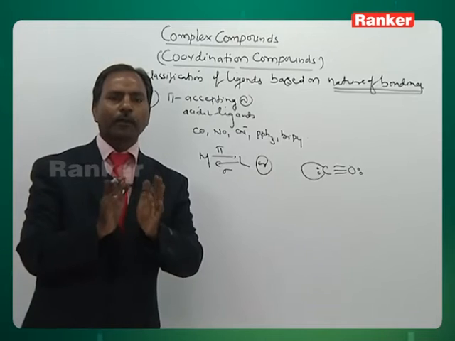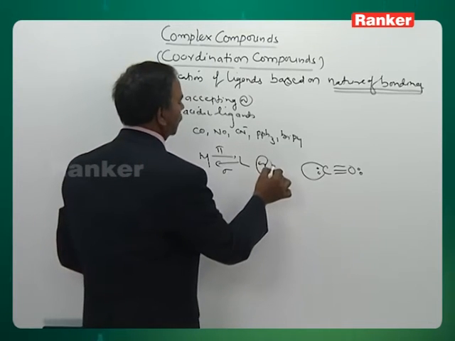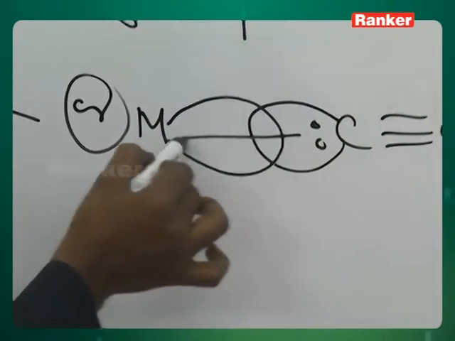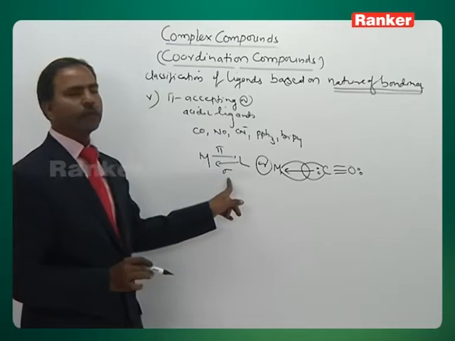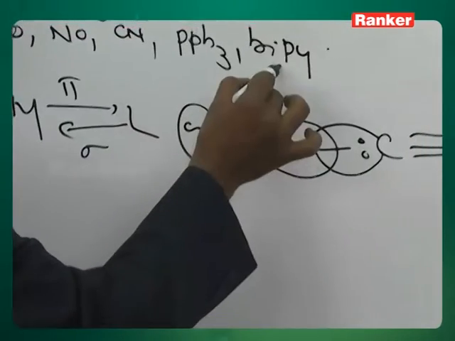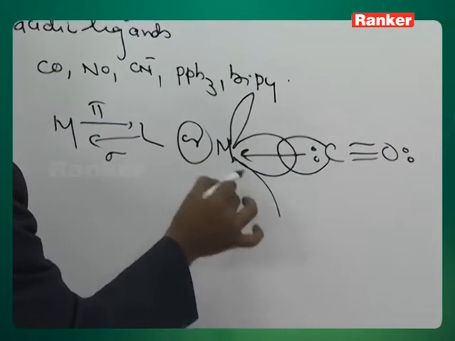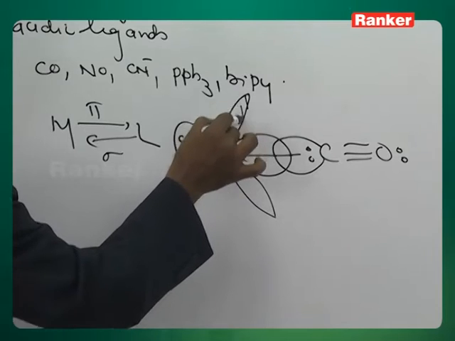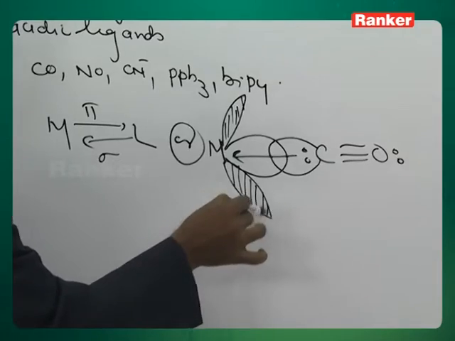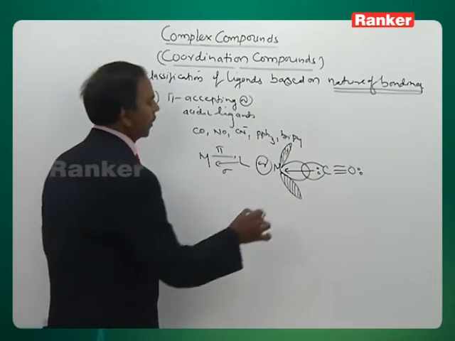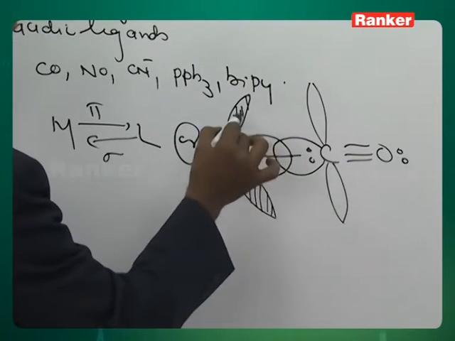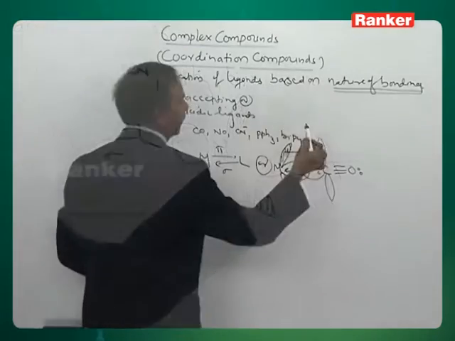Now this electron pair is first donated to the metal ion. Look at the board, I am writing clearly. It is donating a pair of electrons to the metal, resulting in a sigma bond. Next, from the filled metal d orbital, it is again accepting a pair. To represent the filled metal d orbital, I am showing it with lines. This filled orbital again donates a pair of electrons to the carbon, resulting in the formation of